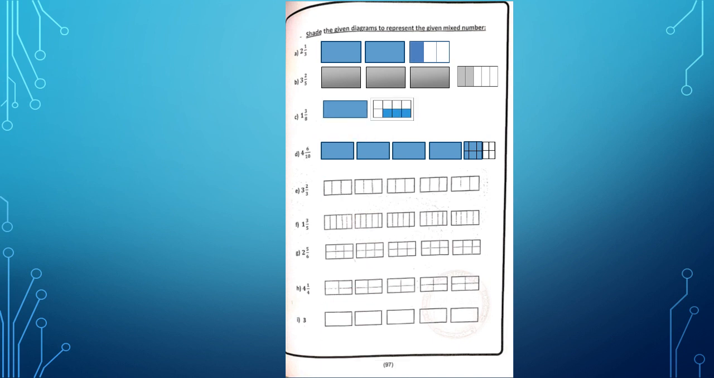The next question, shade the given diagrams to represent the given mixed numbers. A. 2/3 of the shapes